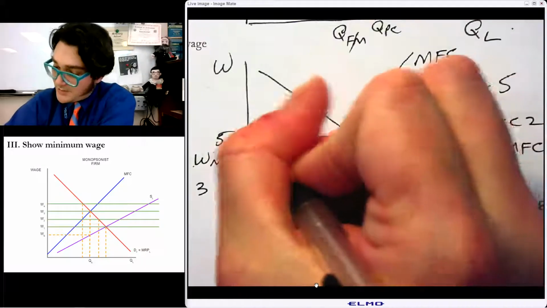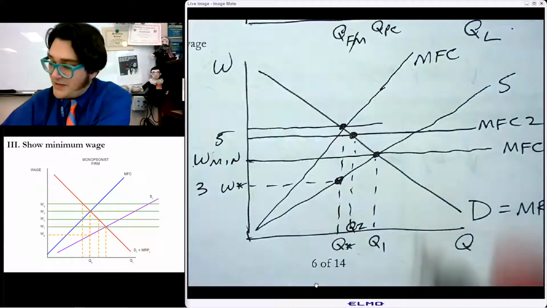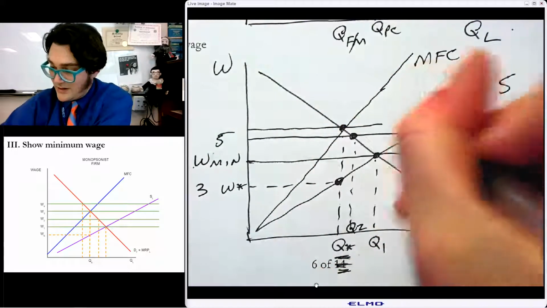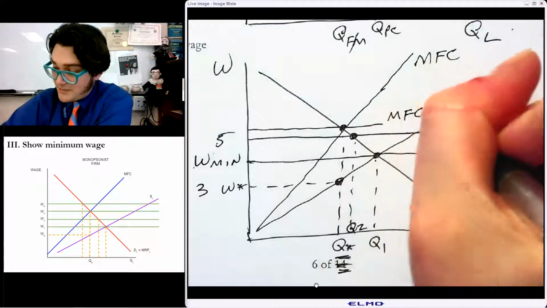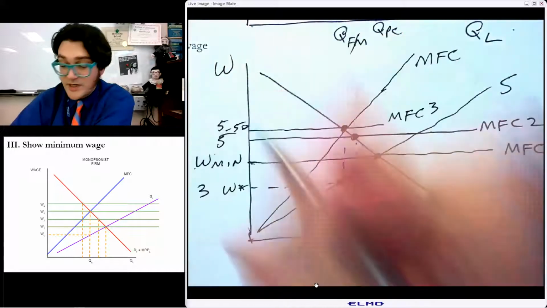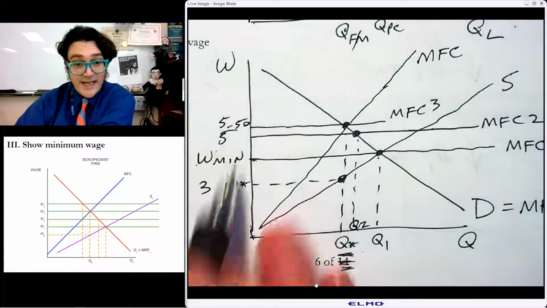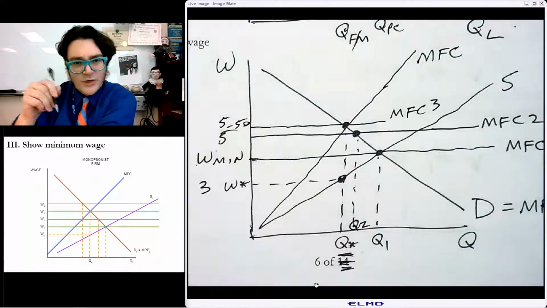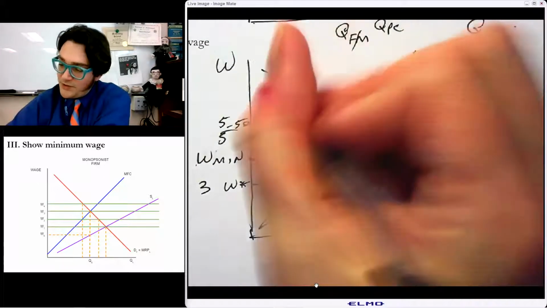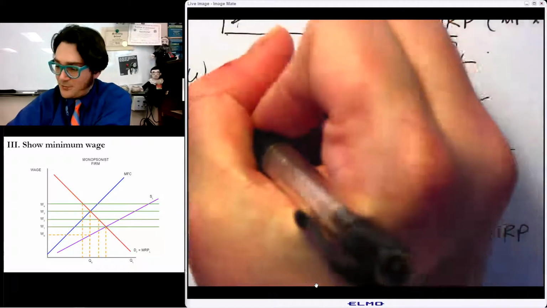And if you got it all the way up to here, kind of missed right here, but if you got right to there, then in fact, you hire the exact same number of workers, right? So if you had like MFC 3 at this really high 550 or whatever that is, you could get the exact same number of workers and you could get a way higher wage. Now, the only one, if you notice, like right below in this picture below, is W4. If you were to pick one that was way too high, right, the new MRP and MFC, like if you picked way up here,